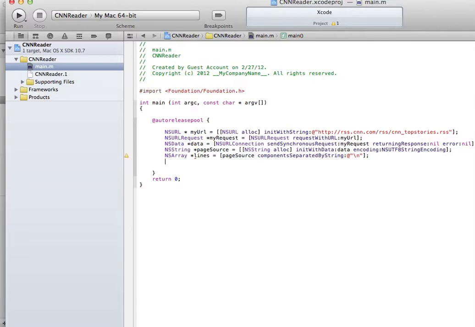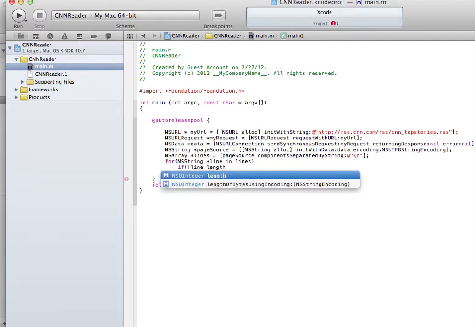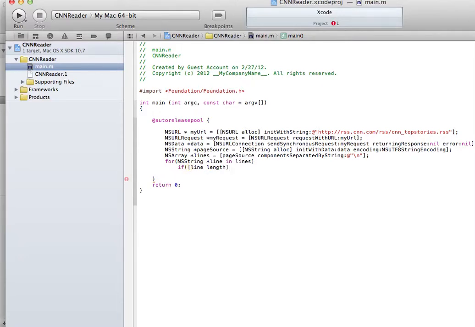And then what we do is go for each line. So for NSString line, for each line in the array lines, this is a for loop that's very convenient in Objective-C. And then what we can do is if the line is not empty, right? And actually, if the line is greater than the word title, because we'll need lines that have more than 6 characters, right? Which is what title length is. So if the length of the line is more than the word title, more than 6,